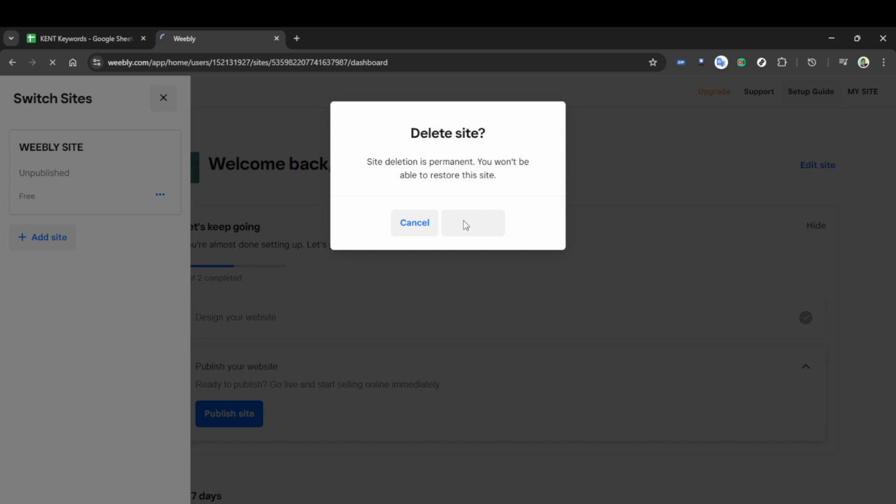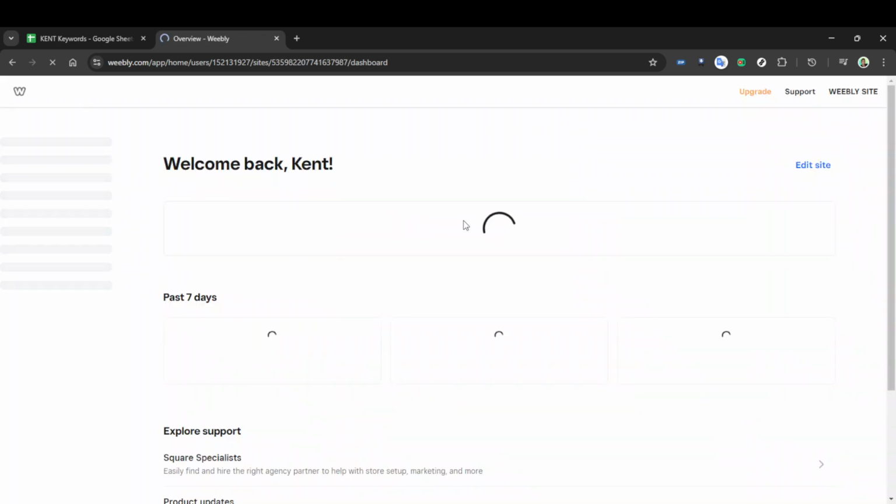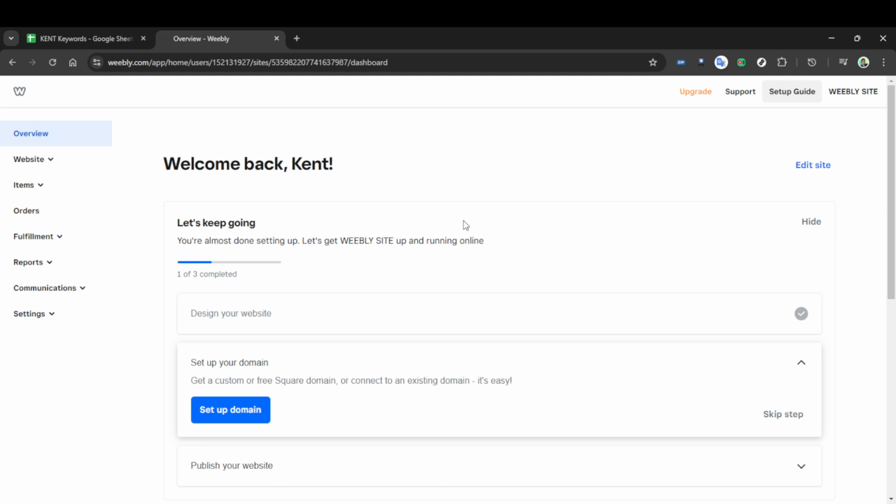Finally, you will be asked to confirm your choice to delete the site. This extra confirmation step is designed to ensure that you're absolutely certain about your decision. Once you click confirm delete site, your Weebly website will be permanently removed from your account. And there you have it, you've successfully deleted your Weebly website. Remember, deleting a website is final, so always